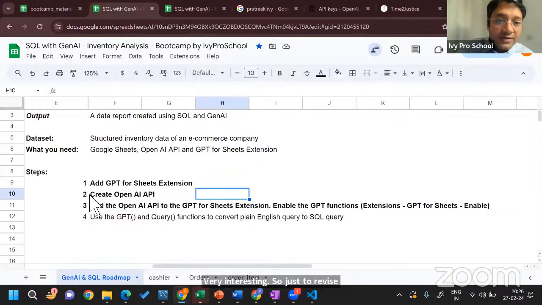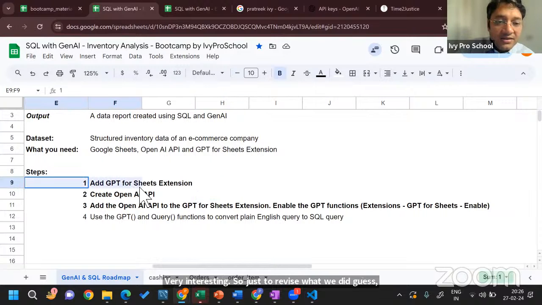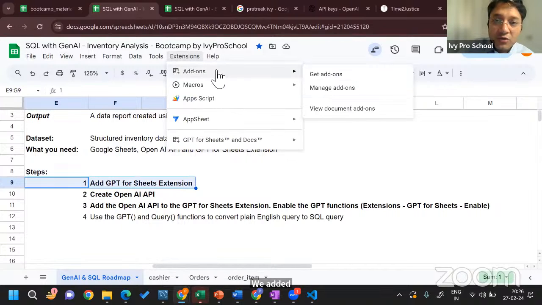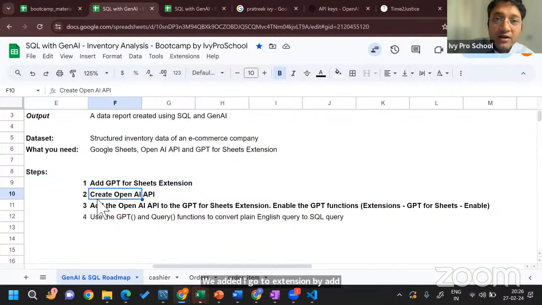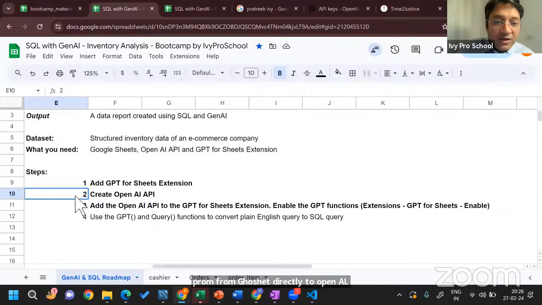Just to revise what we did, guys. What we did is very simple. We added the GPT for Sheets extension by going to extensions, add-ons, and we looked for GPT for Sheets. That was required so that we could send the prompt from Google Sheet directly to OpenAI through API. Then we created an OpenAI API key. How did we do so? So we went to